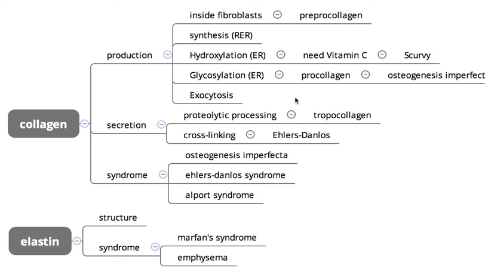Alright, so now that you made your pro-collagen, you're going to dump it out, you're going to exocytose it. Now you're still not done because you're going to try to process it some more. Why are you still trying to process it? Well, one, because you need to make it into bigger structures, but two, because the collagen that you dumped out